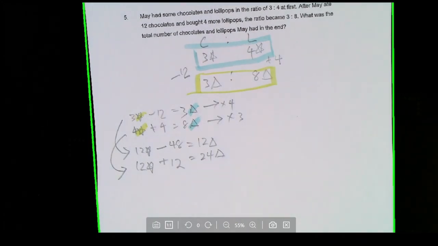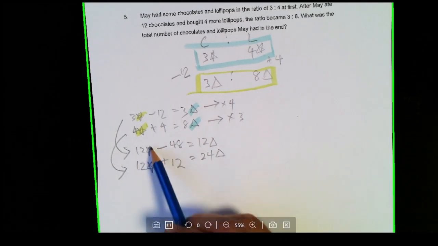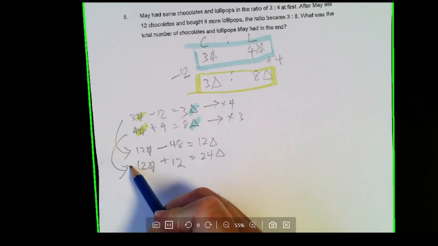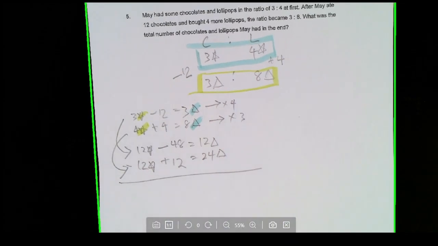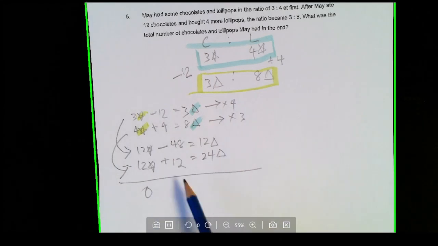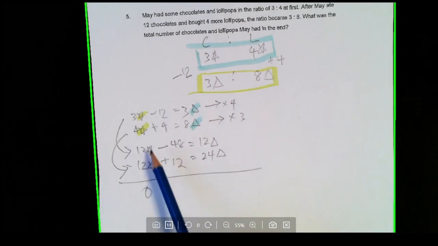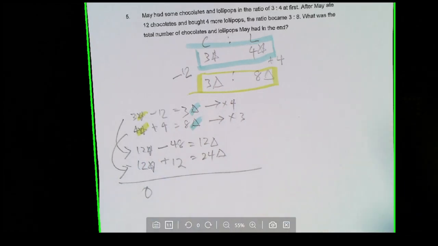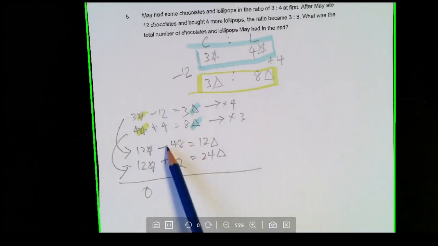Now these two are equal already, right? You can minus away. So let's minus: 12 star minus 12 star, big fat 0. Now this is where it's a bit tricky, but too bad, they like to give this kind of question, so you have to know. Pay attention. Minus 48